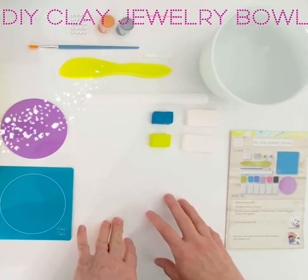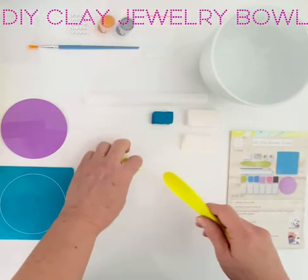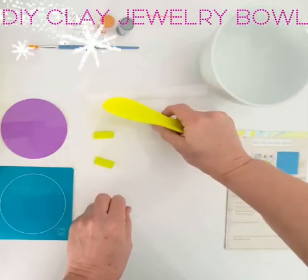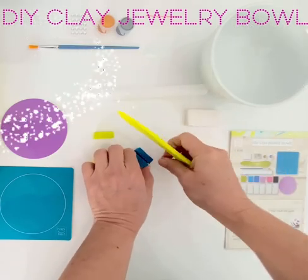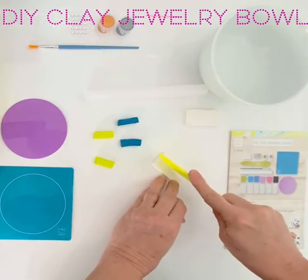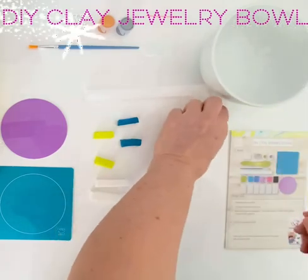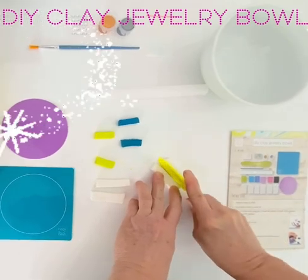Today I want to show you how to get the best results with the clay from your DIY clay jewelry bowl. First thing, we just want to take each one of your pieces of clay after you've taken them out of the plastic and cut them each in half. Take your knife, cutting each one, splitting each one in half, and then we're going to soften them by